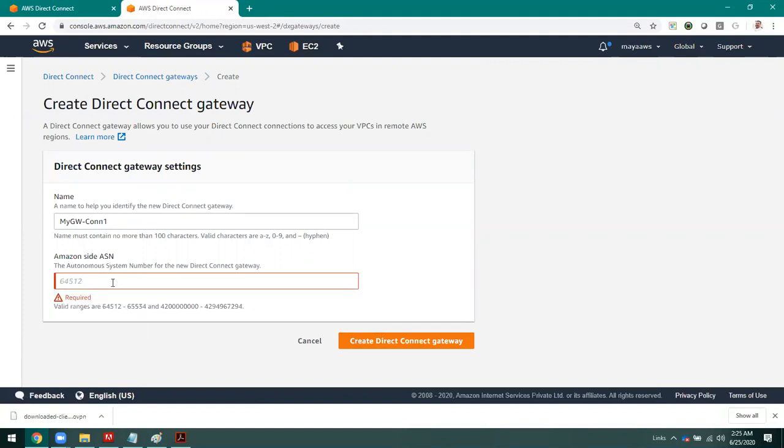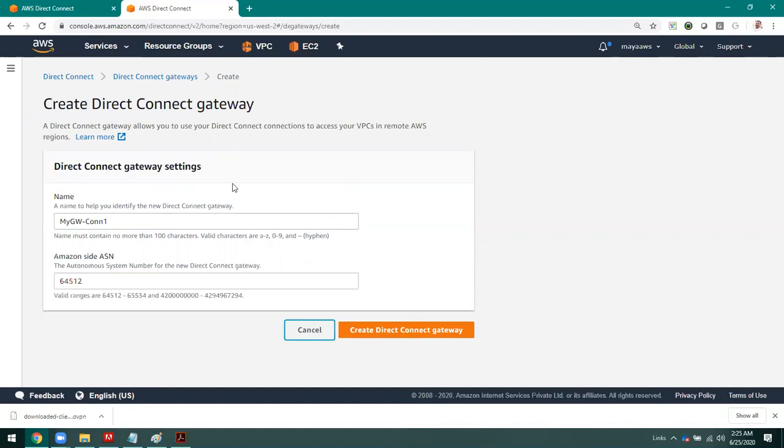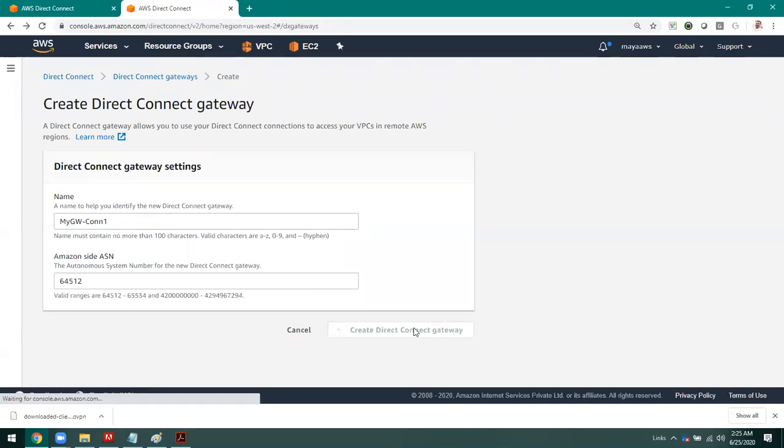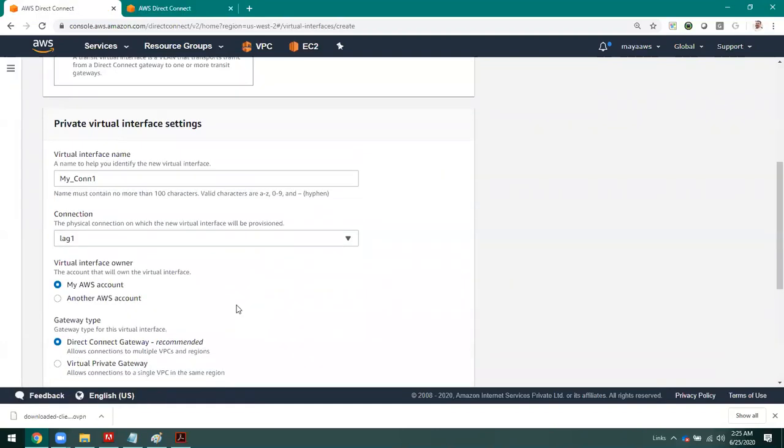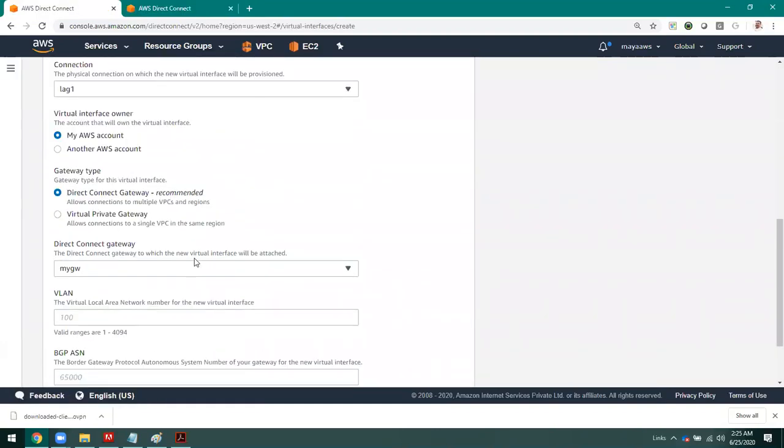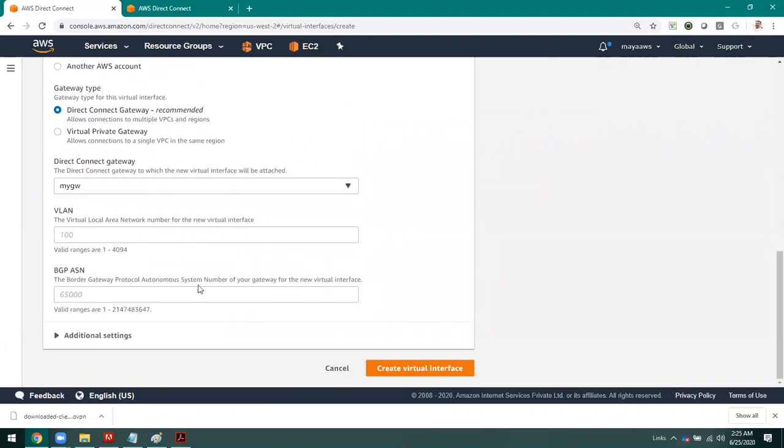For ASN and BGP routing, you can go through the networking concept by Googling it. I'm going to give a private ASN. So you can create the gateway with that method.